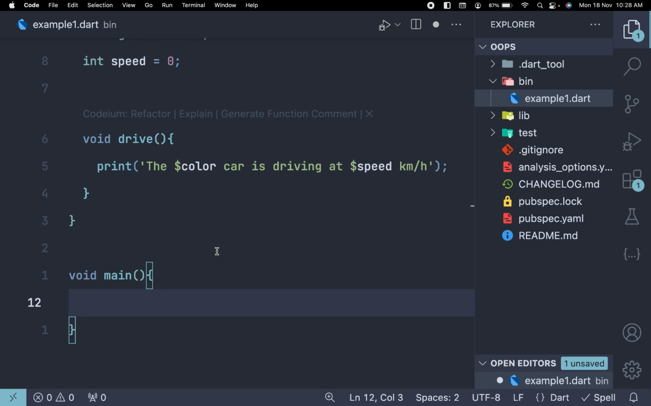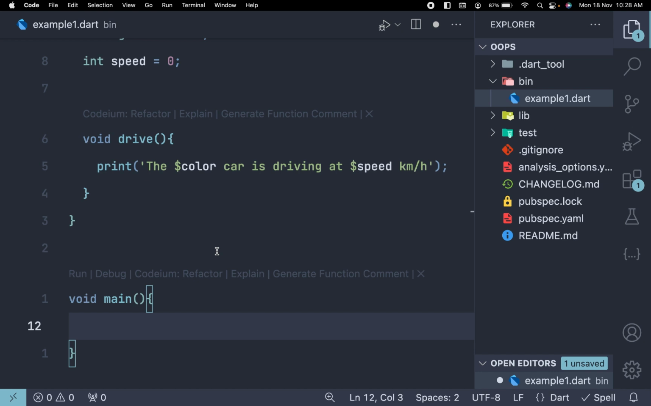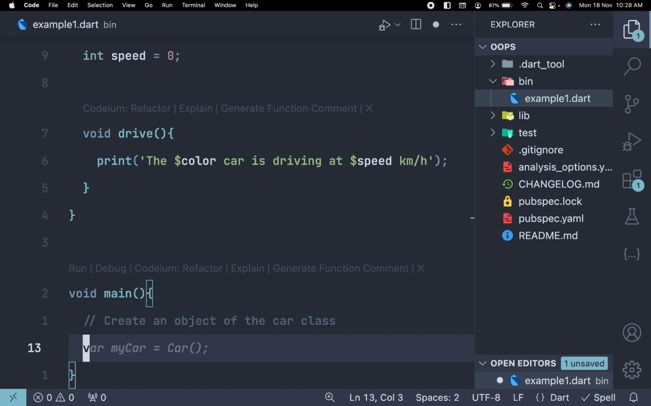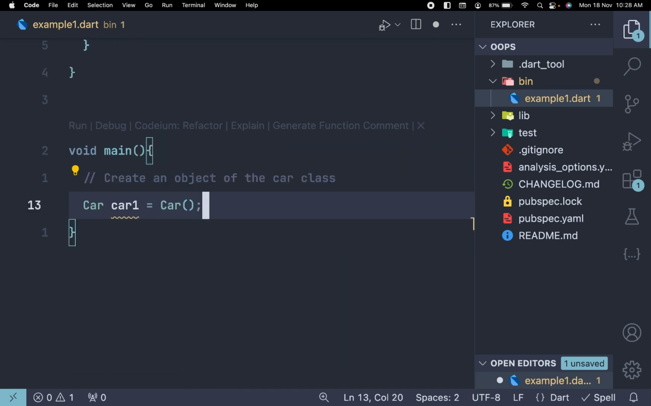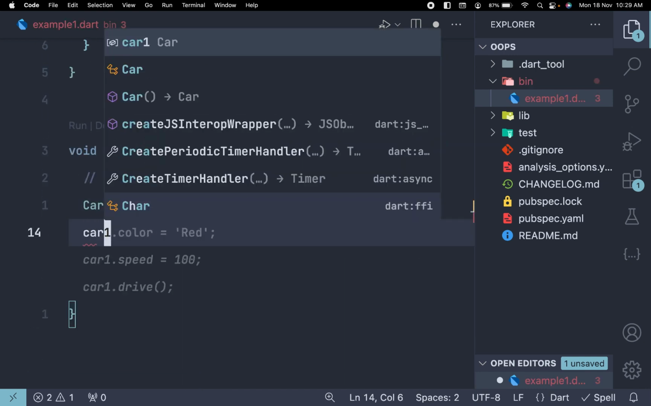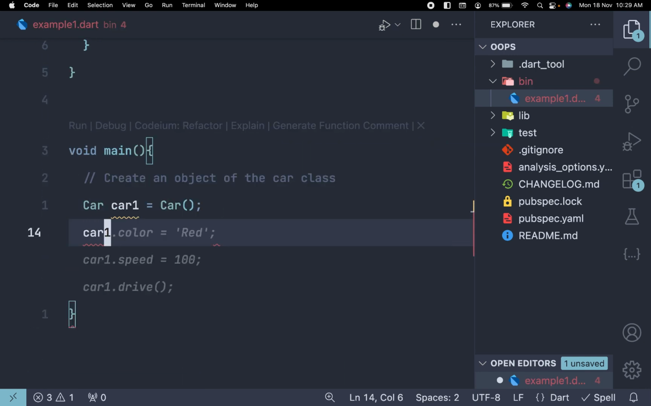We'll now create an object of the car class. For example, create an object of the car class. To create the object of the car class, we'll say Car car1 equals new Car. So at this point, if I use car1 dot, you see